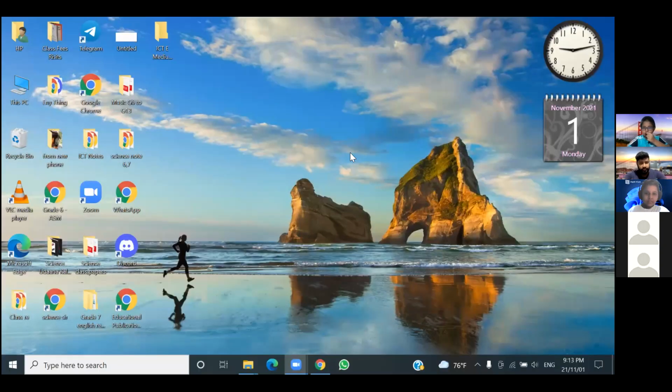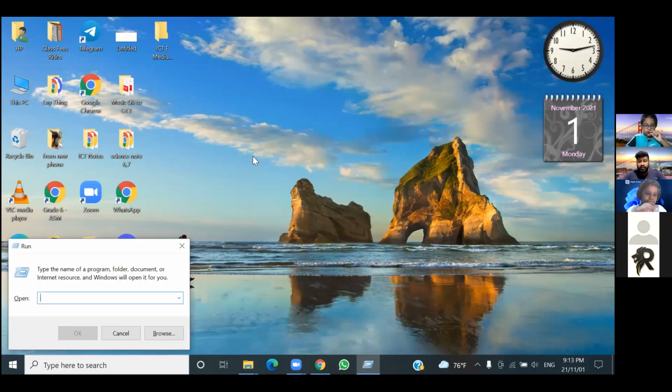Okay, now it's okay. Now press Windows key and R key. While pressing the Windows key, press the R key. All right, okay. Now type